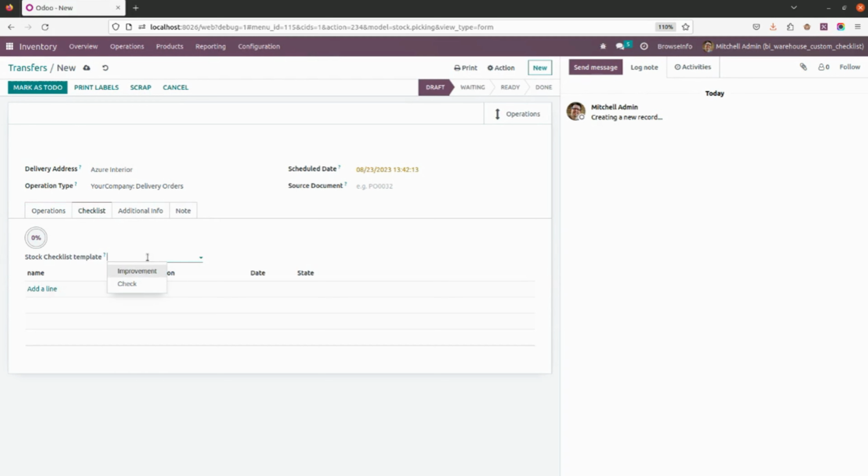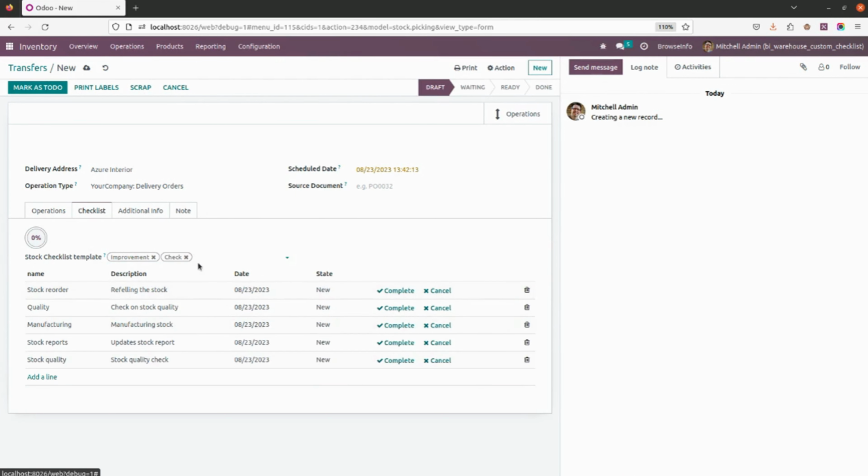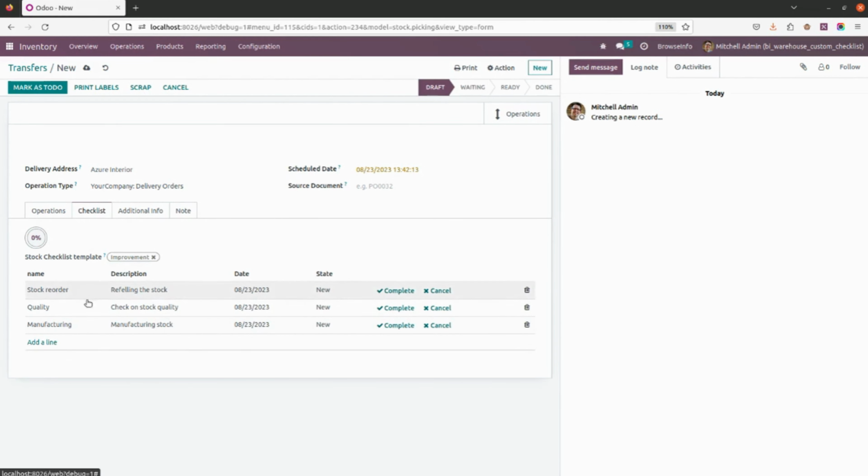So by simply clicking over here you can add which checklist template you want to add, and by simply clicking over here you will get all the list attached to it. You can also select multiple, and according to that the report will be fetched. As of now I want to only have one. So if you want to reorder, if you want to check the quality manufacturing, you can simply check and click